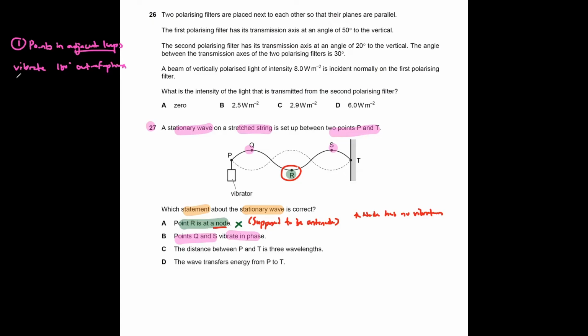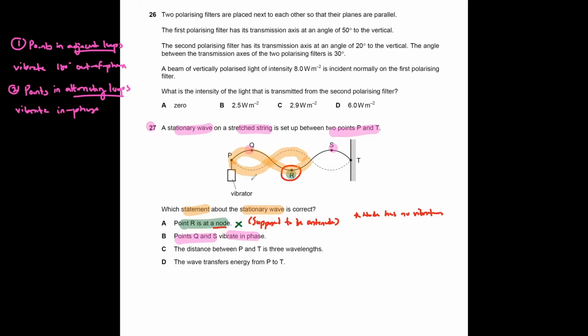Points in adjacent loops, okay? But points in alternating loops vibrate in phase, okay? If you're talking about adjacent loops,